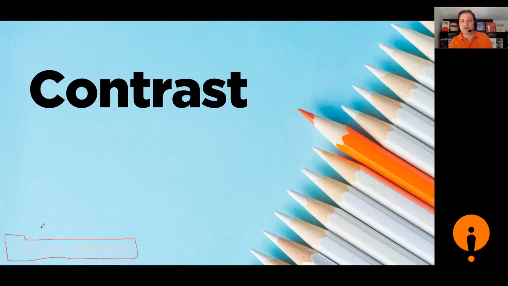What I've just done, by the way, is use a very simple PowerPoint tool to outline the text. As soon as I advance my slide, it's going to disappear. So here we have the same text in a slightly better color, but still not quite right. Now I'm going to use my Zoom pen to draw something around it.